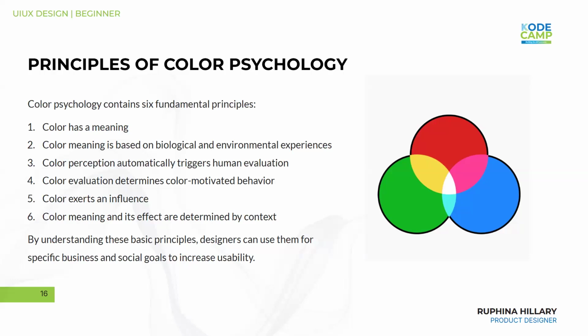The second one is that color perception automatically triggers human evaluation. Simply, when you see a red light, it tells you to stop. When you see a yellow light, you can get ready. When you see a green light, it says go. So apart from the cue or the wordings ascribed to these colors, or the information that we have gotten that this color means a particular thing,